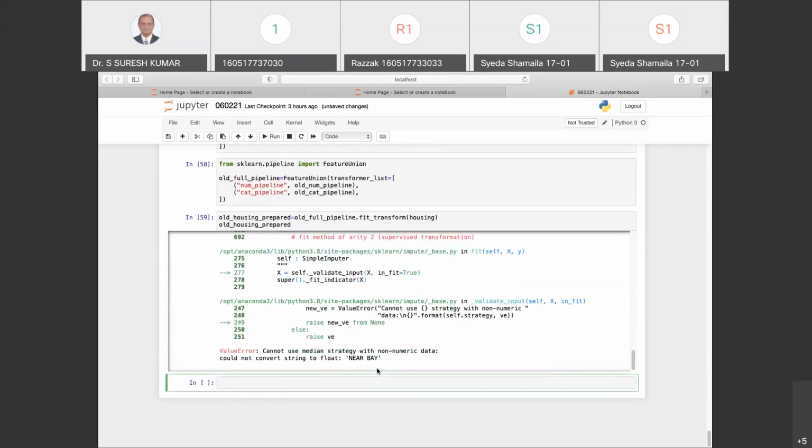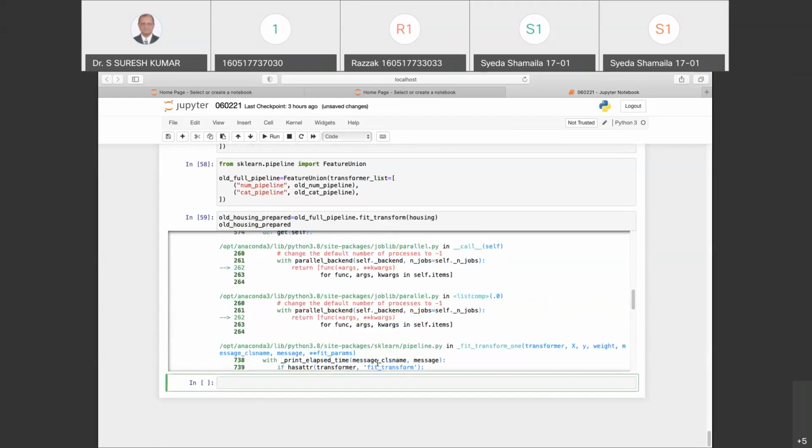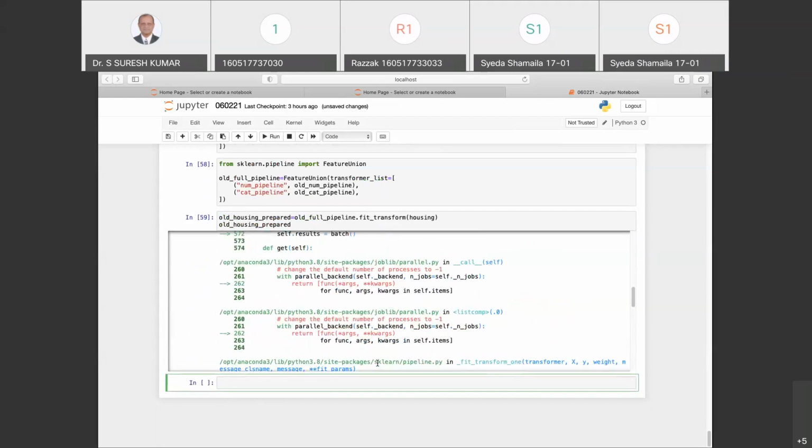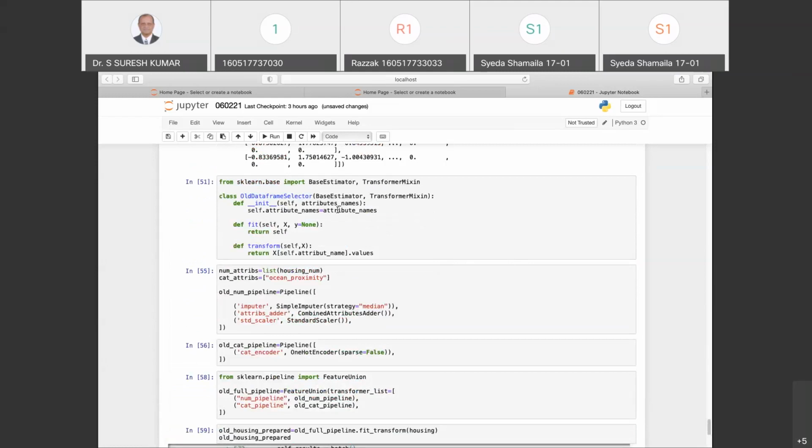Could not convert string to float: nearby. I'll tell you the reason for this. This is because we knocked out this categorical variable. When I call this categorical attributes, I didn't use this old data frame selector. That is why it is giving me trouble. So what we will have to do is go back two steps and transformer mix in old data frame selector.